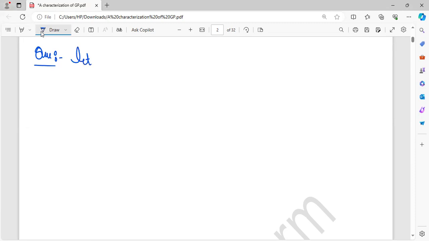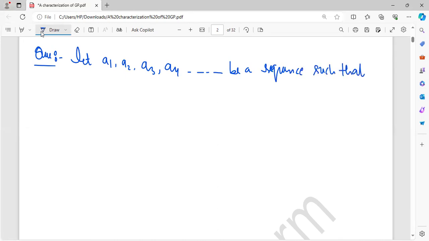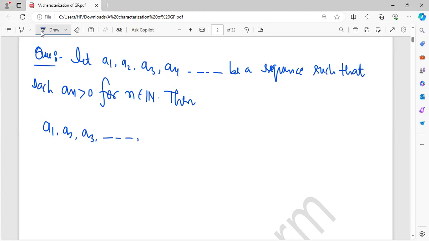Let a1, a2, a3, a4 be a sequence such that each an is greater than 0 for n belongs to N. Then a1, a2, a3, an minus 1, an, an plus 1, and so on is in GP